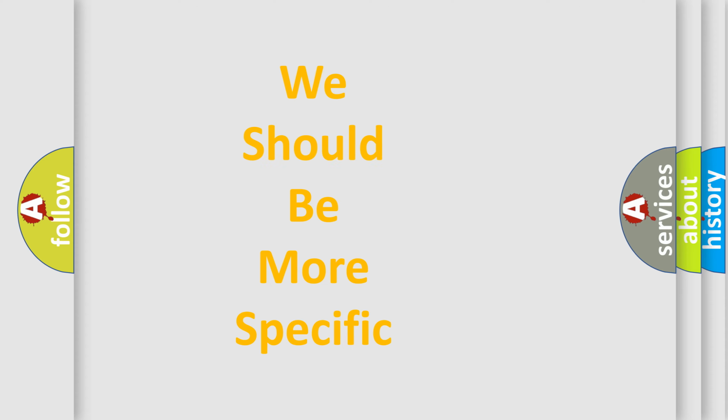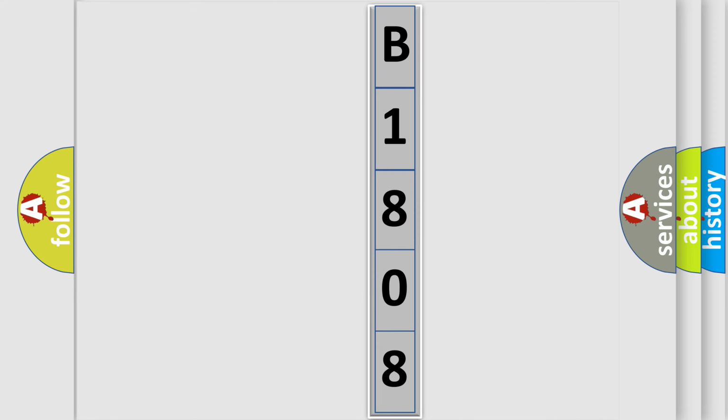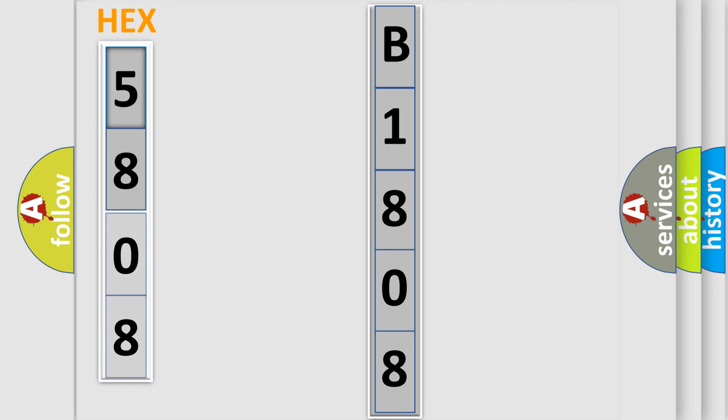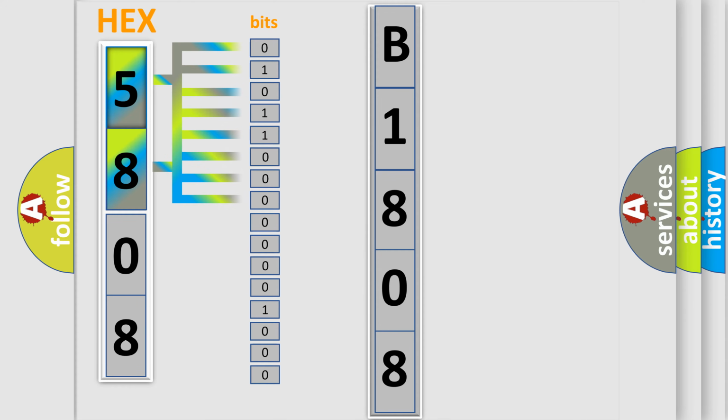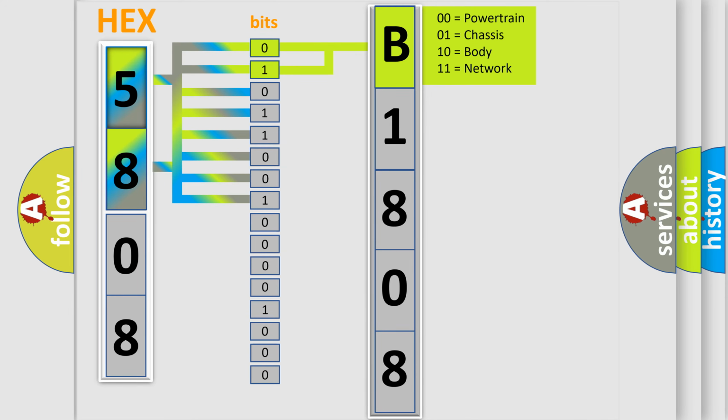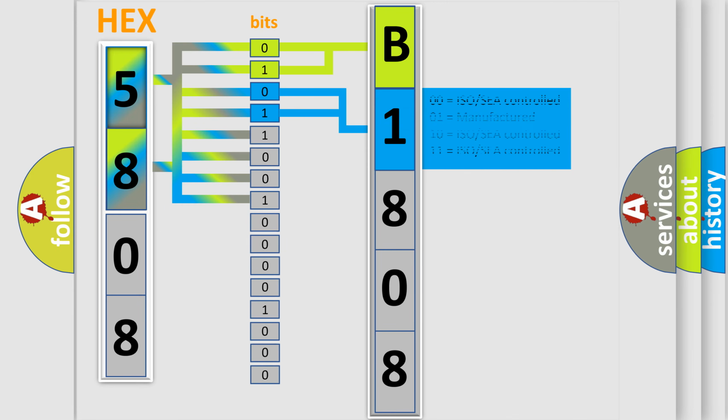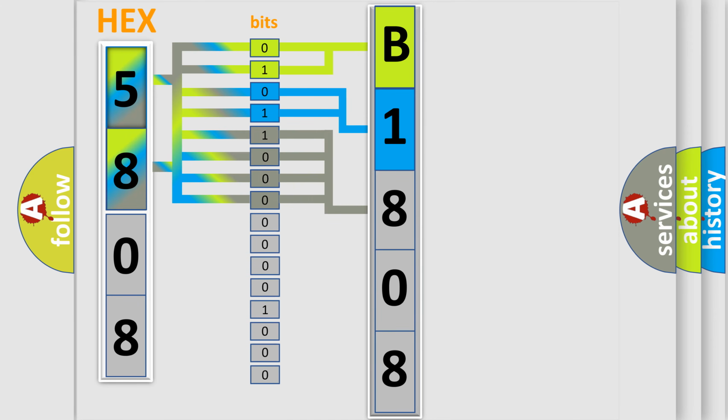The following demonstration will help you look into the world of software for car control units. You can move the video a bit further. The error code is split into 2 bytes consisting of 16 bits. 1 bit is the basic unit that each computer works with. The bit has 2 logical states: 0, low level, 1, high level. By combining the first 2 bits, the first character of the error code is expressed. The next 2 bits again determine the second character. The last bits of the first byte define the third character of the code.